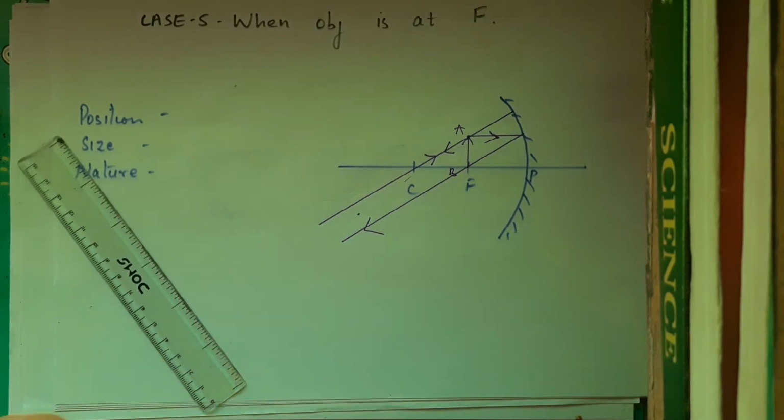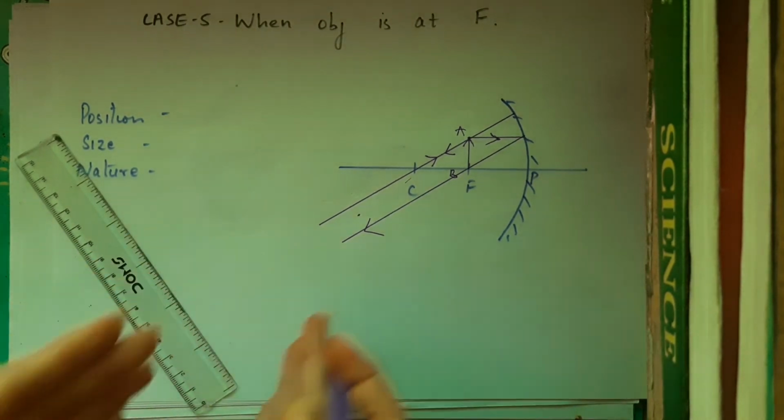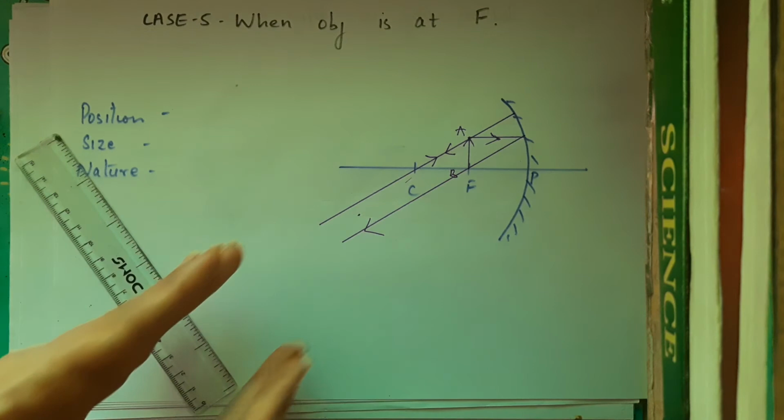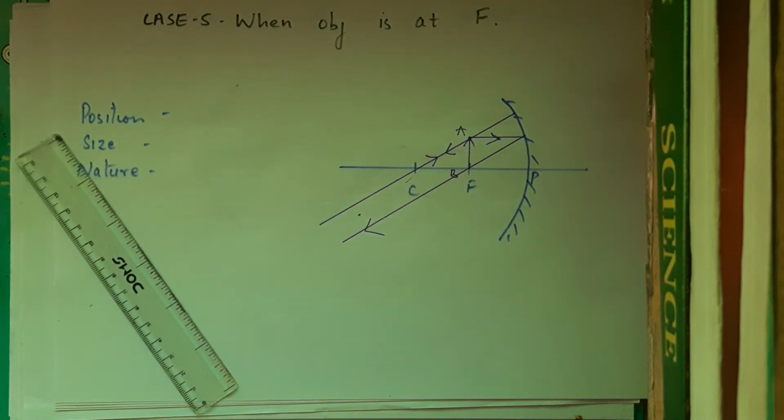Right? What you have to see? You have to see two light rays after reflection and you have to see their intersection point. But in this case, you see that there is no intersection point because the light rays are going parallel, right? Parallel together like this. So where they will meet? You know that in the first case we treated when the object is at infinity and I said that the light rays are coming parallel to the principal axis. So if the light rays are going parallel, so I assume that the light rays will meet at the infinity. They will directly meet at infinity.